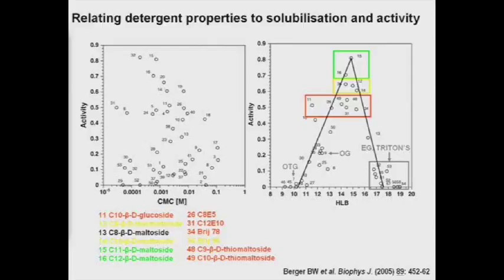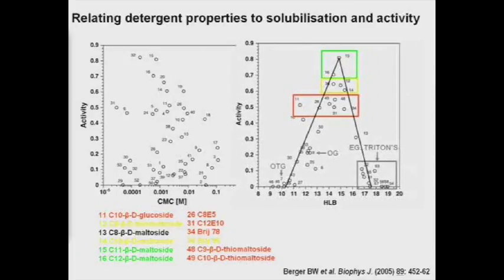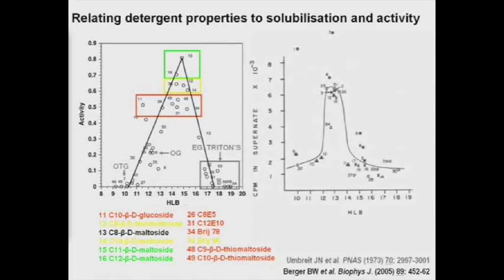So it seems to indicate here, from this study at least, that this HLB parameter is a more reliable indication of a trend in terms of the ability to stabilise a membrane protein and the ability to extract it out of a membrane. And fishing back a bit further in the literature, we find that as far back as 1973,